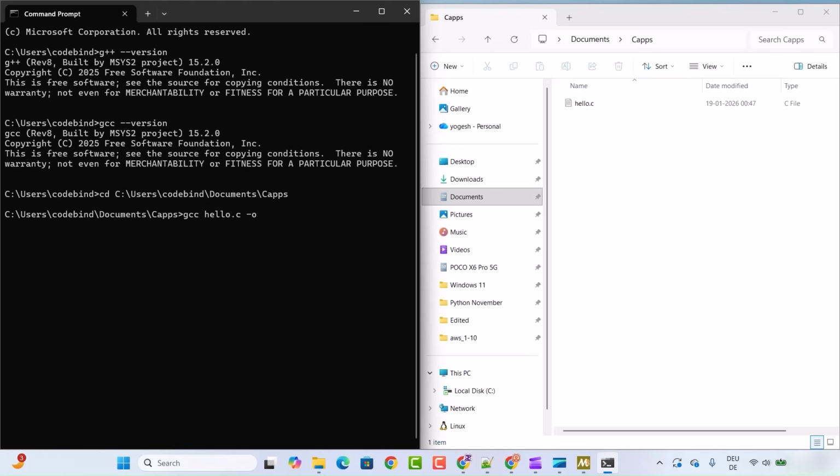So when I give the GCC command space hello.c space hyphen o space, you can give any name to your executable file, right? So the hyphen o flag is used to give the name of your executable file, and the GCC command is going to take the C file name, and after that, whatever name you give for your executable, it will create that executable for you, right? So this is the command, and when I press enter, you can see the new executable file is created in my folder explorer with the name